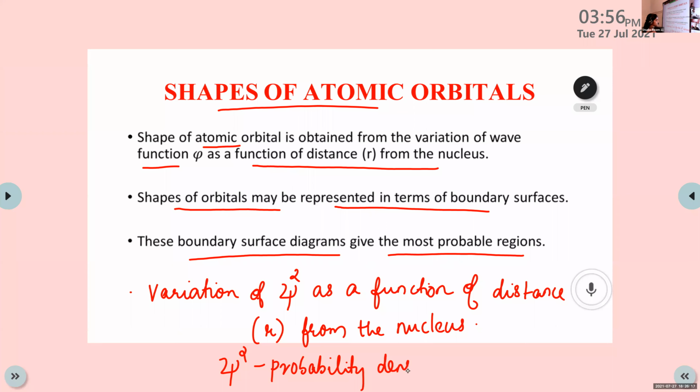The same point, then the most probable region where we can locate these electrons. That's also meant by the psi square. So there are two different types of graphs. From this variation, we can find out the shapes of different atomic orbitals. Shall I move to the next slide, children? Yes, ma'am.